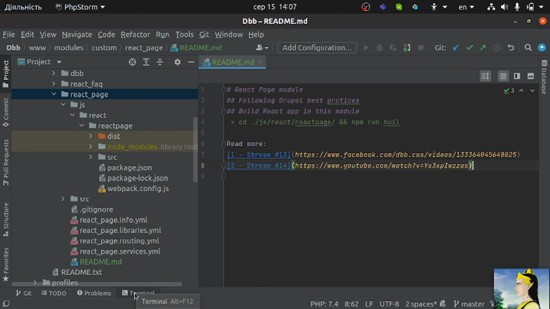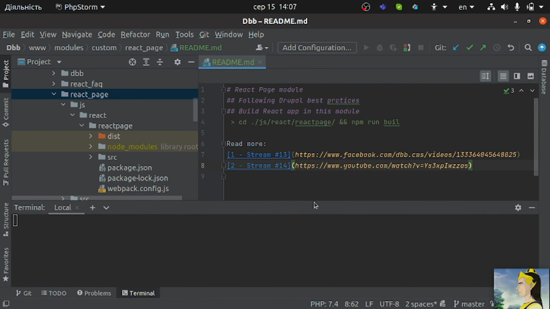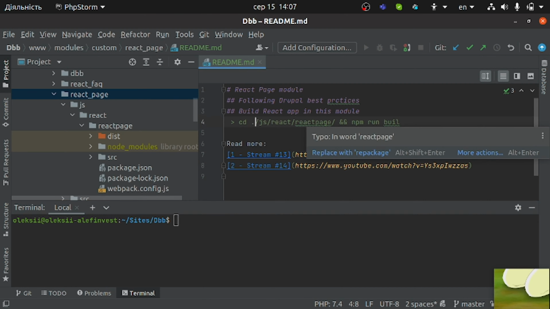As you can see, I press Alt plus F12 to open the terminal, and now I would go